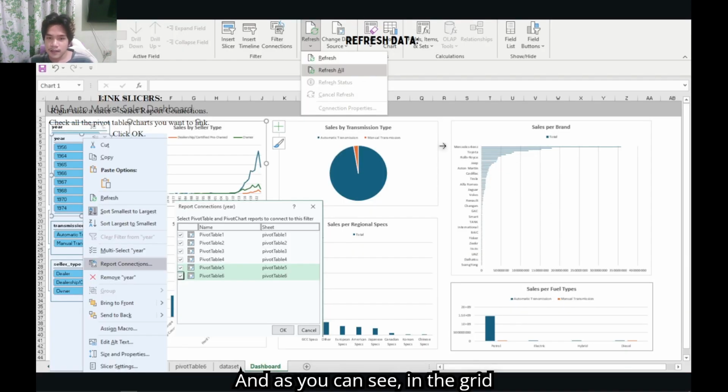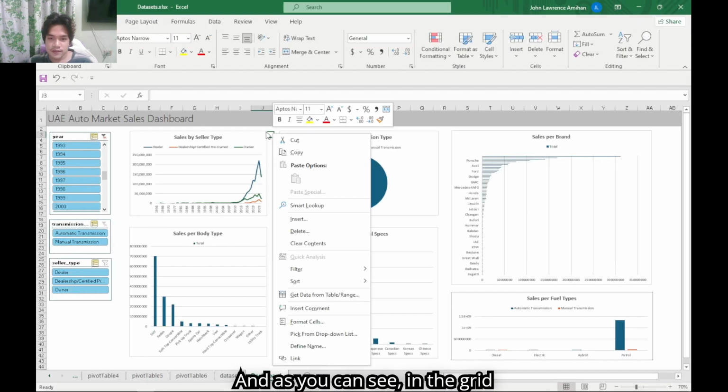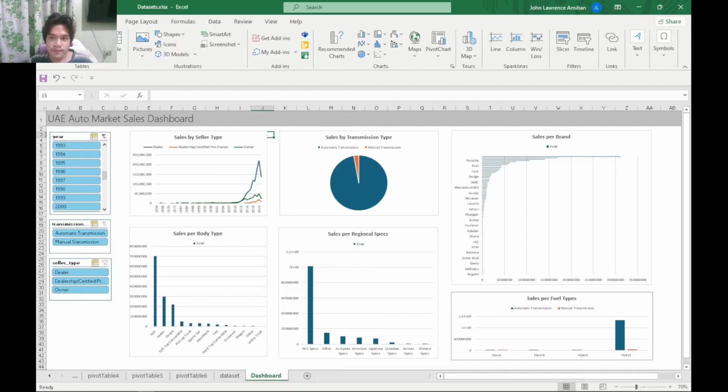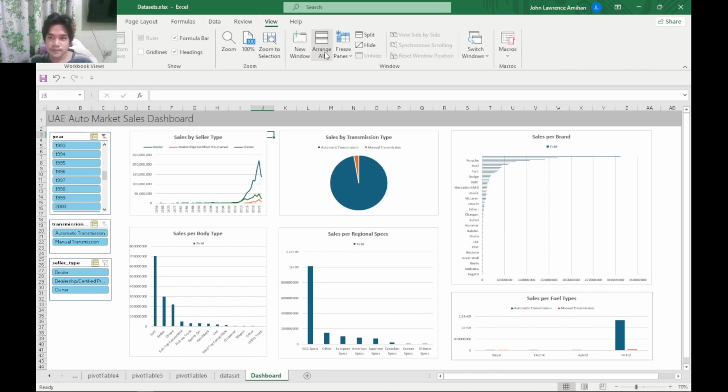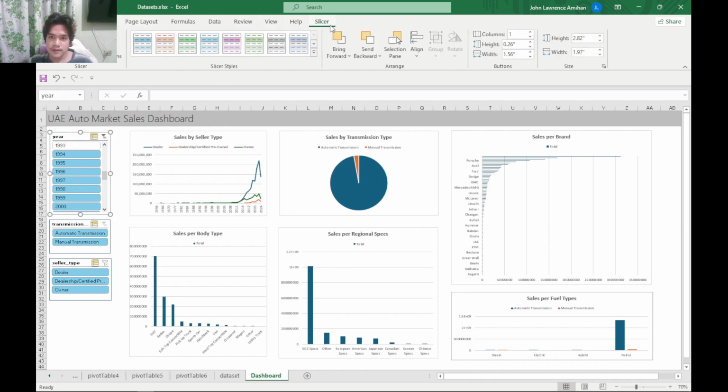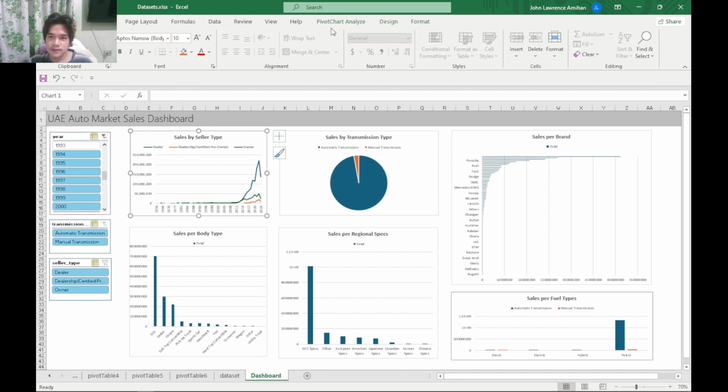And as you can see in the grid line view, we already removed it, and you need to refresh it now.